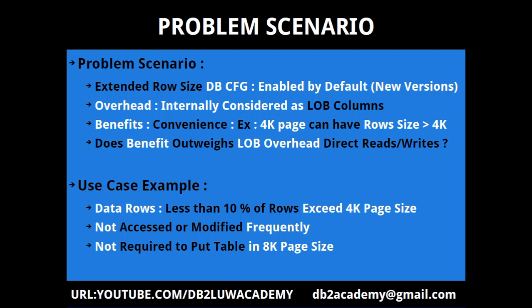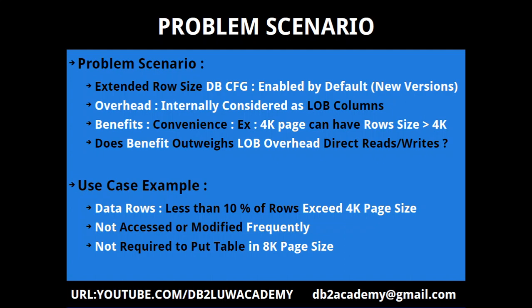And another thing is, because you are moving the entire table into 8K, which is a bigger page size, you cannot really fit more than one row. Because if it is 4,500, say for example, any case 9,000 pages only, right? So it can hold only one record of 4,500 rows per page. So you will have to do a lot of disk IO if you are creating the tables in 8K page size. You might end up creating a lot of blank pages, or it's not 100% blank, but it will be like a half filled page.